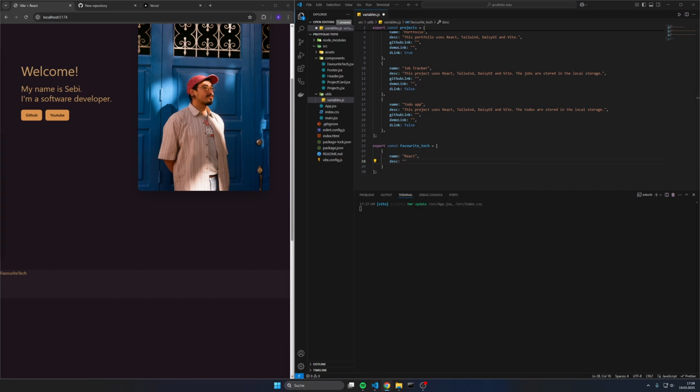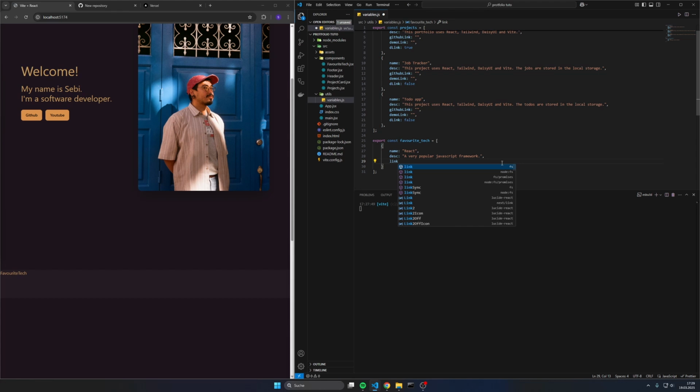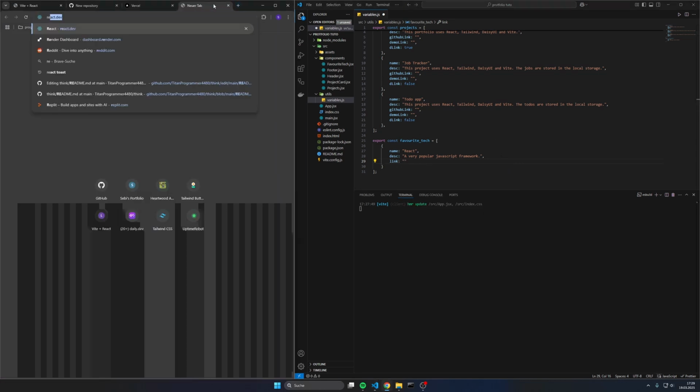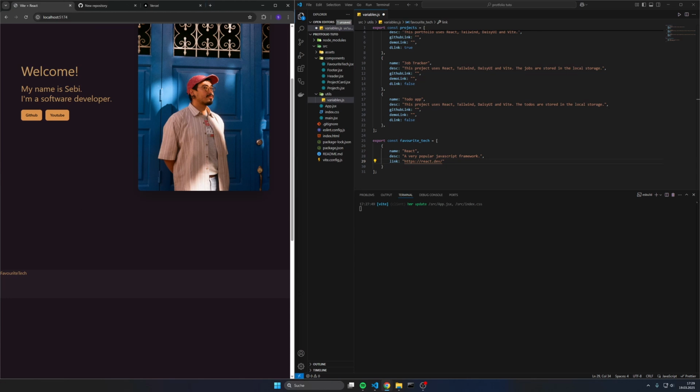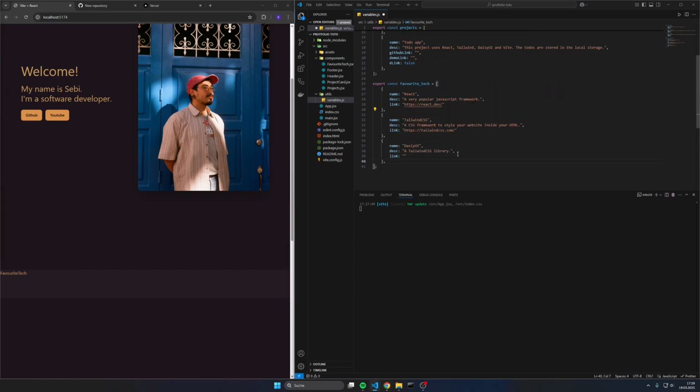And we can just say a popular JavaScript framework, and then we can add a link to their website. So we can go over to react.dev, copy it, paste it. And then I'm adding some more template things which we are using for this project, Tailwind CSS and Daisy UI. And then we can close the variables